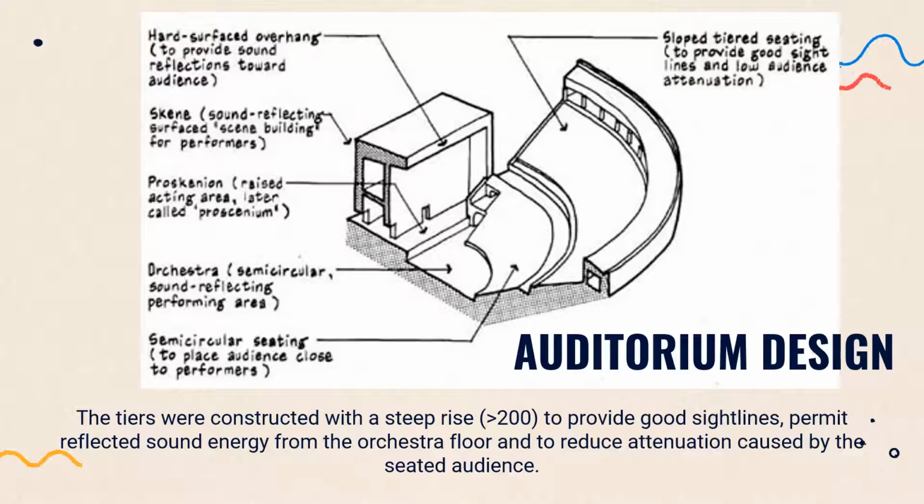Now this is an ancient amphitheater. So we are now already at auditorium design. So note that over here, this part works as a sound amplifier, this one here. Sound reflects at the wall and floor area here before reaching the audience, like a loudspeaker. The seating area is designed sloping to give good sight and low attenuation, meaning the audience is sitting nearer to the performer than when it is on flat ground.